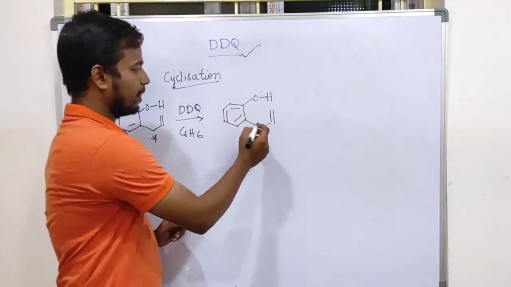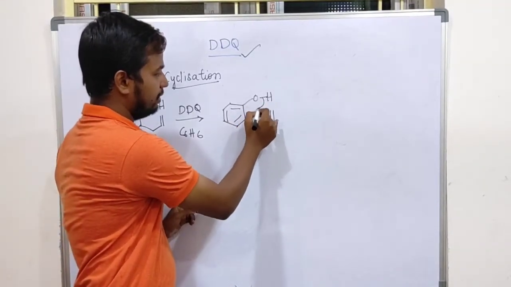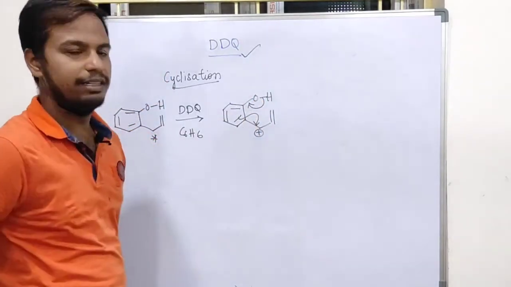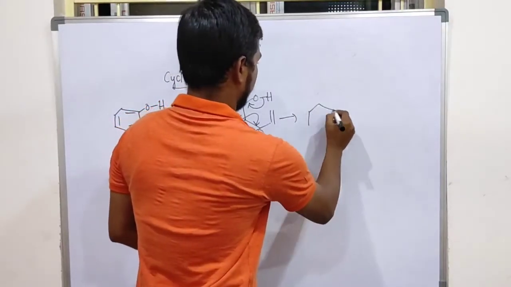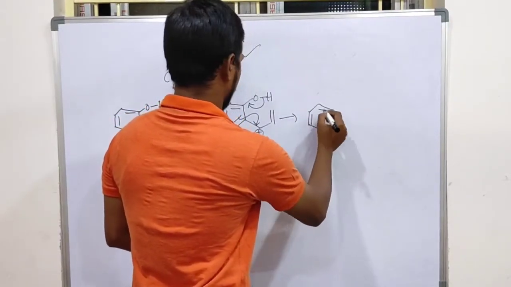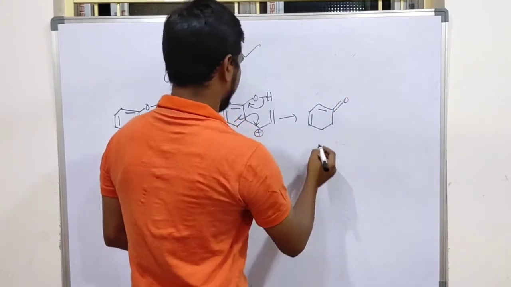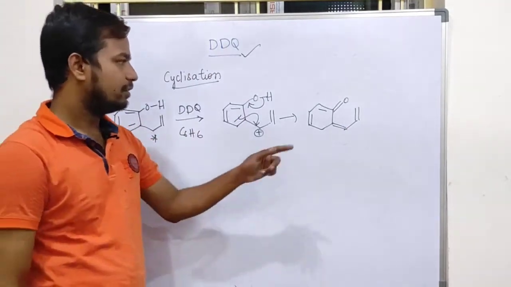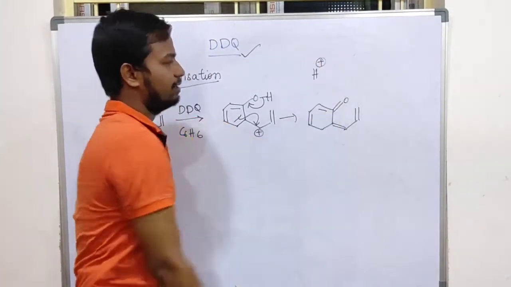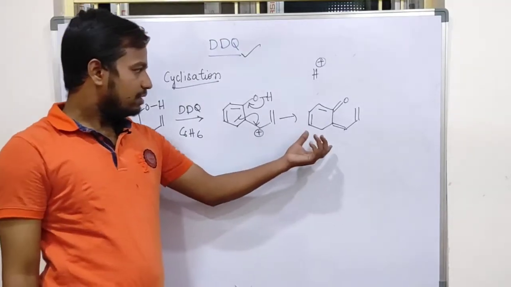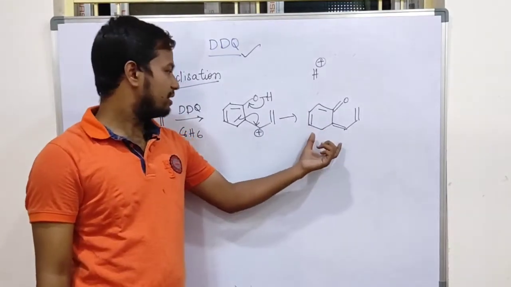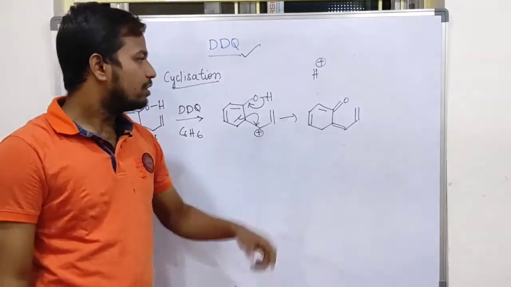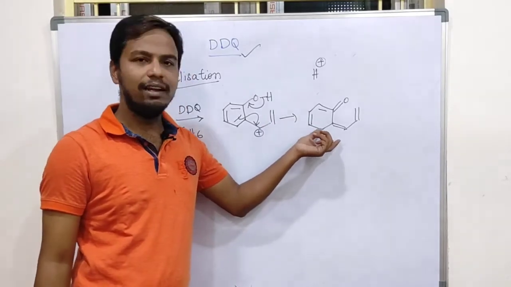Now see, in order to stabilize this carbocation, the electrons migrate here and these electrons migrate here, resulting in the formation of a species like this. A double bond to O is generated here, and C double bond C, and the proton is outside. So after that, it is not a stable one. Why? Because de-aromatization is happening here. That is not favorable. So here, an electrocyclic ring closing reaction will happen.